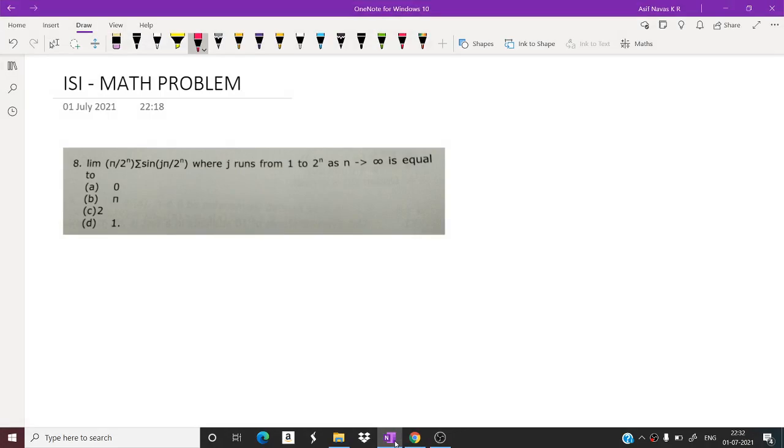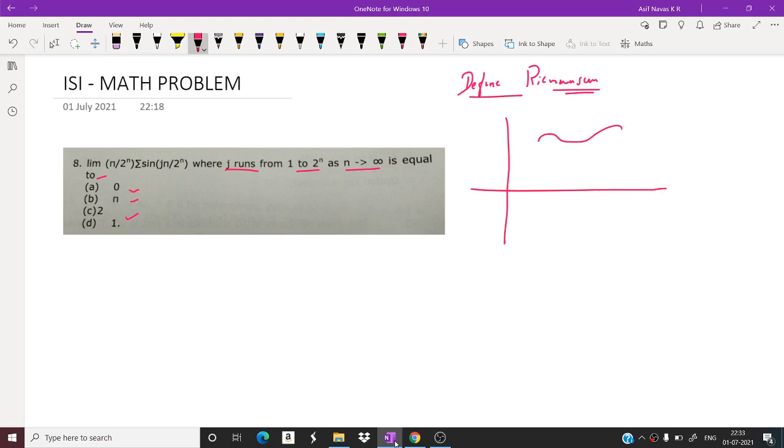by 2 raised to n sigma sine j pi by 2 raised to n, j runs from 1 to 2 raised to n as n tends to infinity, is equal to. So in order to find this integral, let us define something called Riemann sum. Actually, we know that if we have